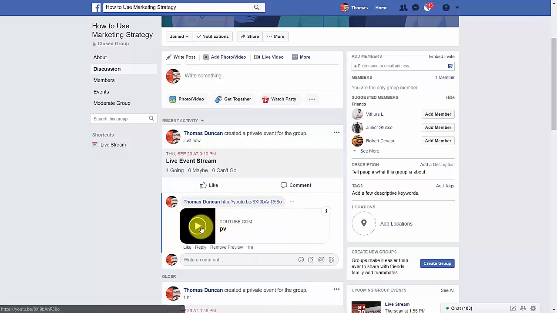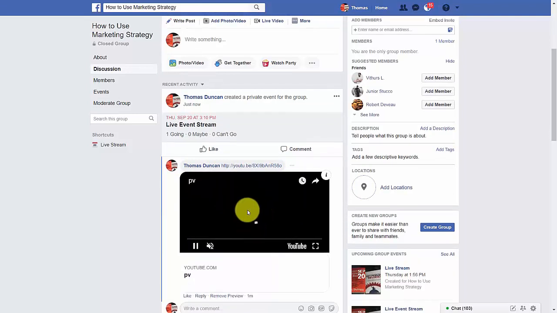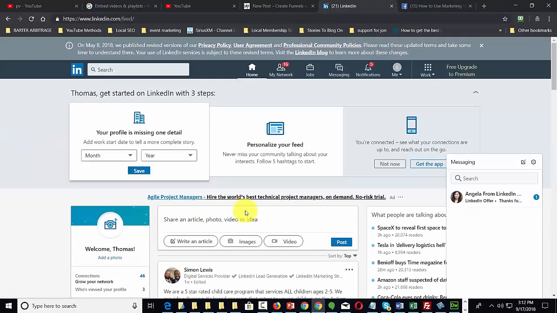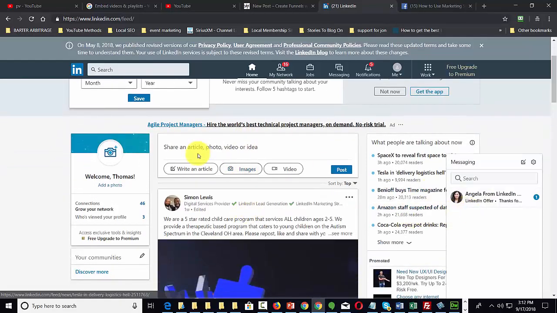You want to instruct people to click the preview, and they'll then be able to watch your live stream. Now, it won't be enabled for sound by default. They'll need to enable the sound, so you may want to give them instruction to do that. They will also be able to embed the stream on LinkedIn in the very same way, but this will be